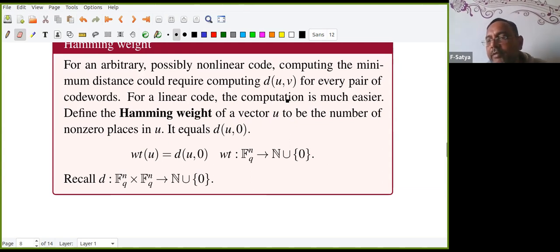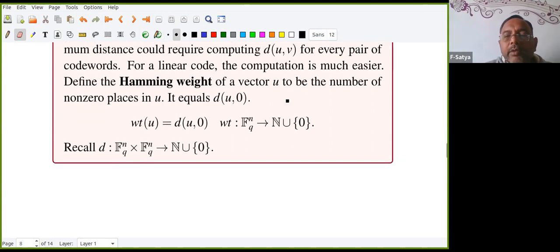But the distance of the code is a very important parameter. Why? Distance will tell you how many errors I can detect and how many I can correct. Because of that, I need to know the distance. So is there any mechanism? That's why another concept came, that is called Hamming weight. Weight of a code is like a norm. After distance, the norm comes. That is the only thing, nothing more.